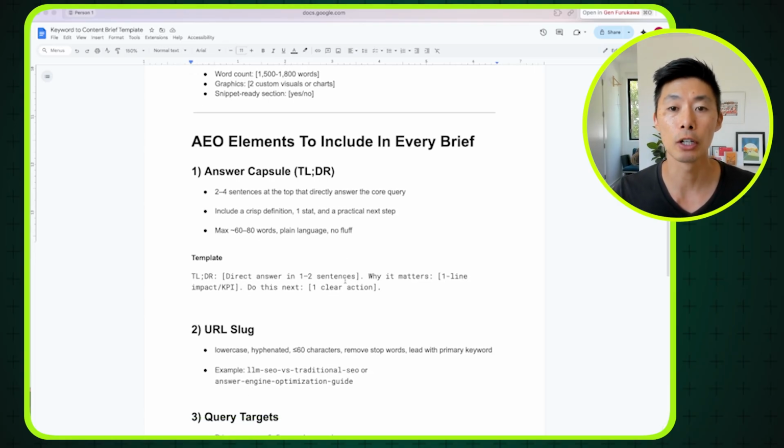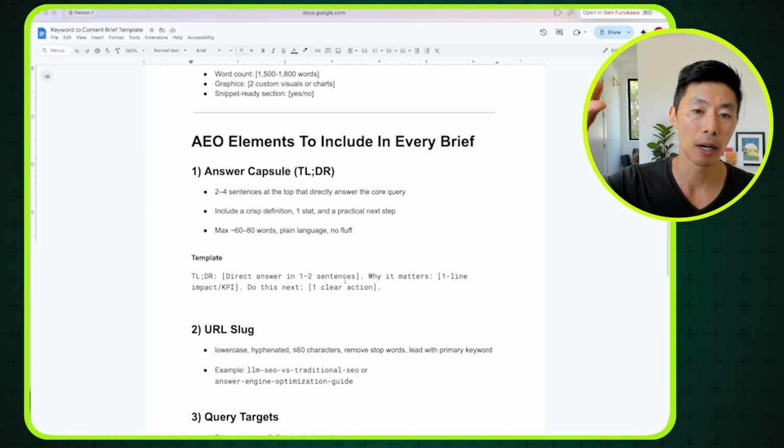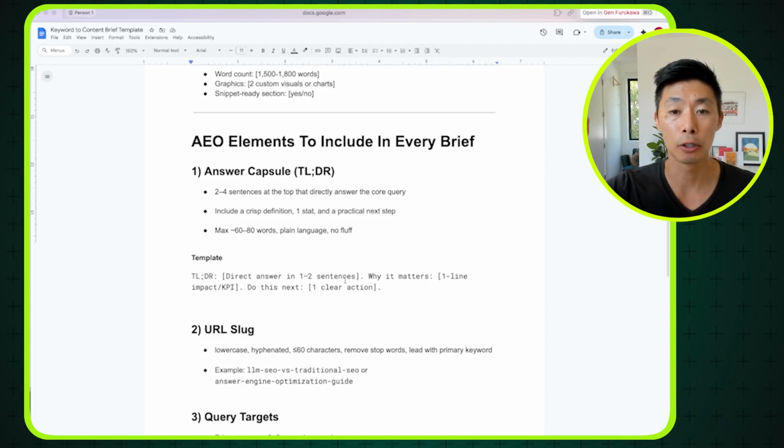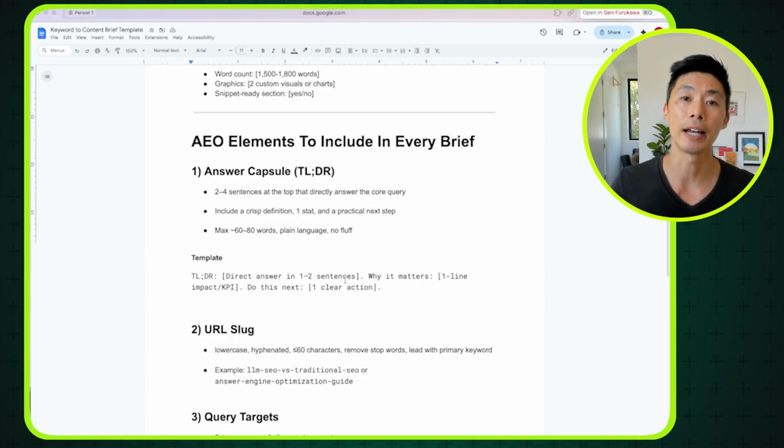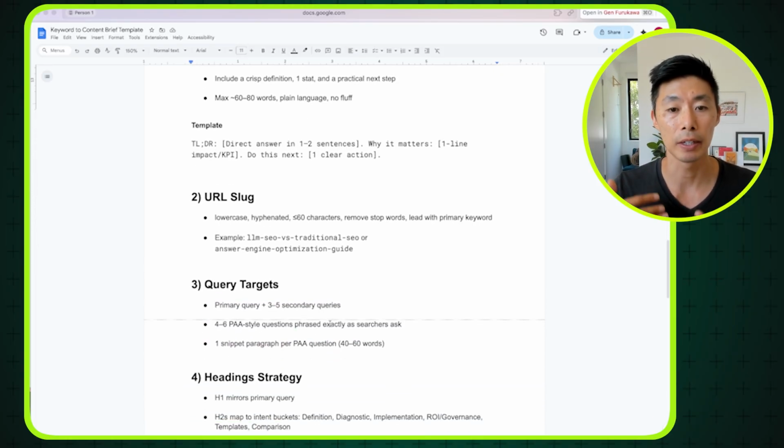The TLDR. In a lot of posts you might see at the very top of the article, what is a too long didn't read? So a few sentences to summarize this. And if you're thinking through why you would want to do this, the value is because it condenses the main takeaways into snippet-ready answers. And ideally, it's comprehensive and answers a question that somebody might be asking a chatbot. So you're having this in, then the URL slug, under 60 characters, really focus on your main keyword there,